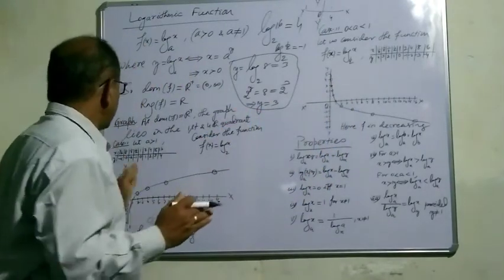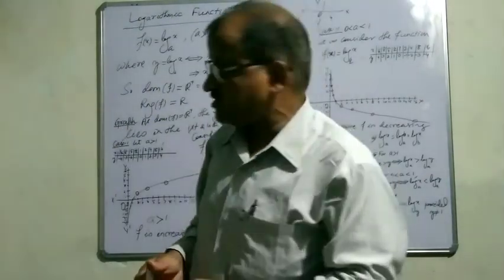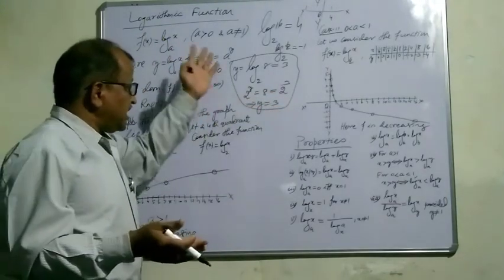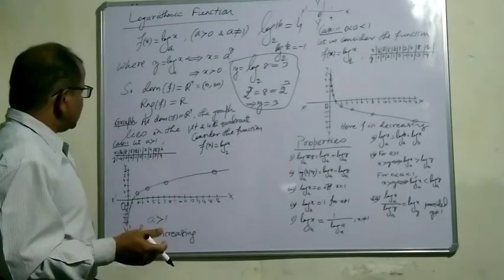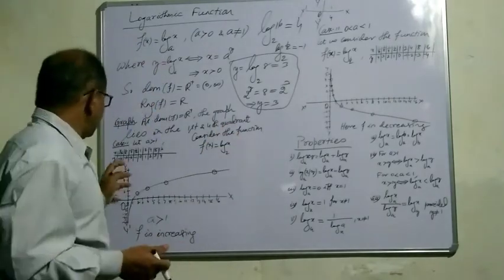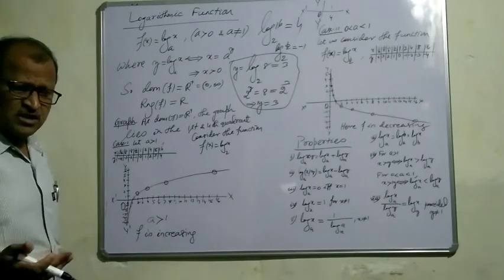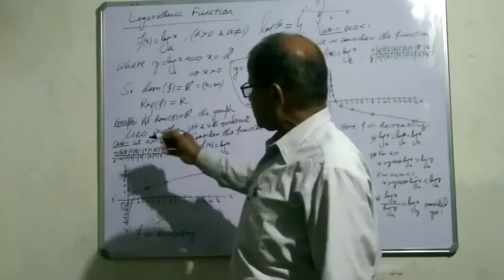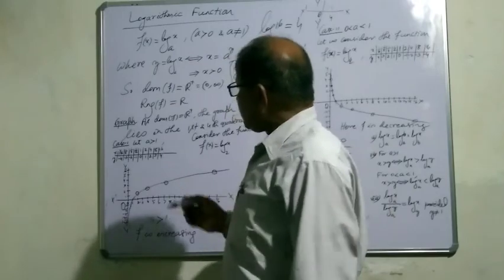I have given you the procedure to draw the graph of a function. We have an idea that the graph lies in the first and the fourth quadrant. So let us find out some points on the graph. Very small positive numbers we can't take, so let us take known points. Suppose x is equal to 1 by 16. What is 1 by 16? It is 2 to the power minus 4.